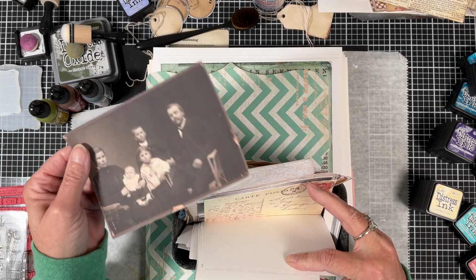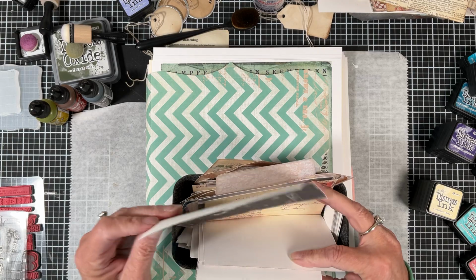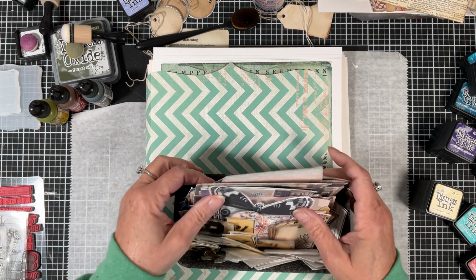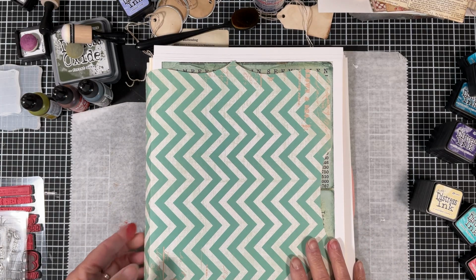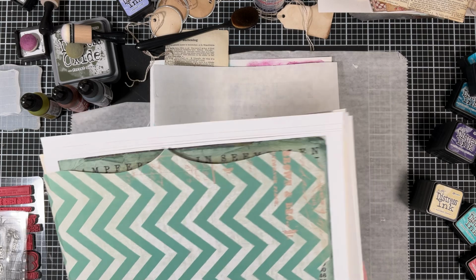So we have like faux vintage family. It's not my family. So yeah, that's kind of what I'll do with the digitals. I like the digitals. They're fun. It's just something that I can do at night. But some of the other things that I do is,